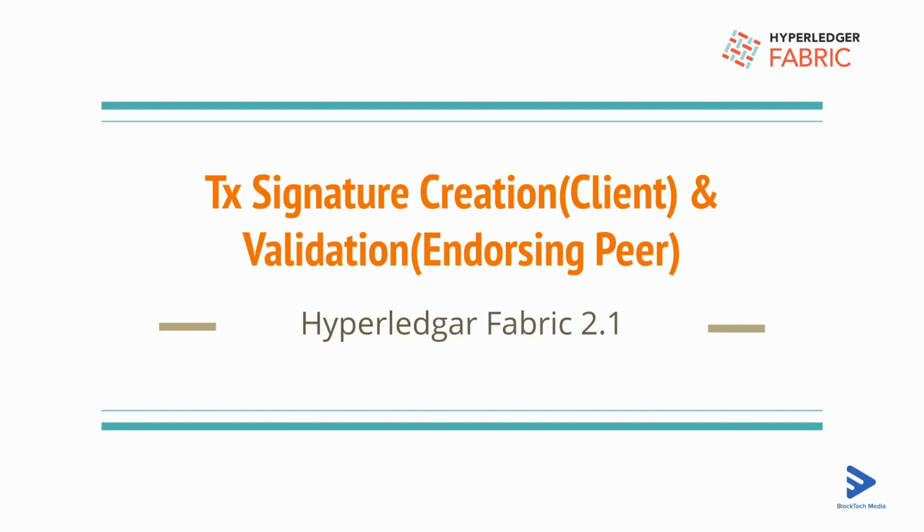In this video, we'll see how to create the signature, enclose it with the transaction, and validate how the endorsing peer validates the transactions. In the previous video, we already saw certificate validation. Along with that, whenever any endorsing peer gets a transaction, it checks the signature of the transaction as well. Let's see it in the diagram first.